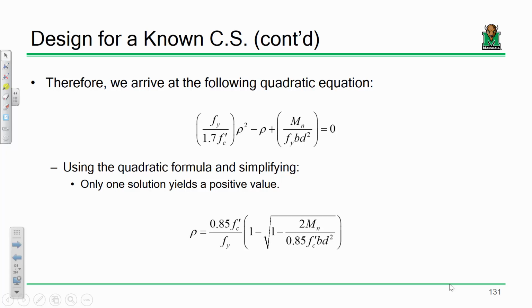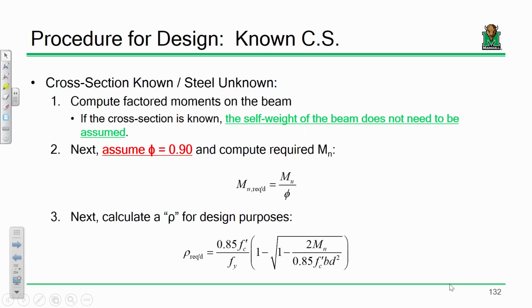And again, this is a whole lot different than the 0.18 f'c over fy or some of the other expressions that we're using, because here, because we have a known cross-section, we're solving for the steel. We're not having to make some guess to get a cross-section. Make sense? Okay, so your procedure is very similar to what we looked at last time, but there's a lot